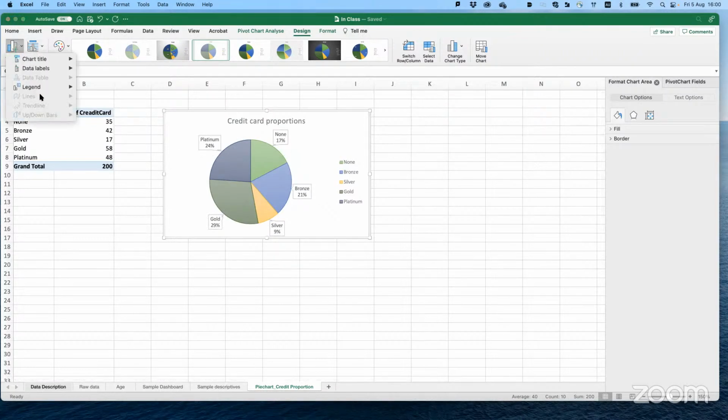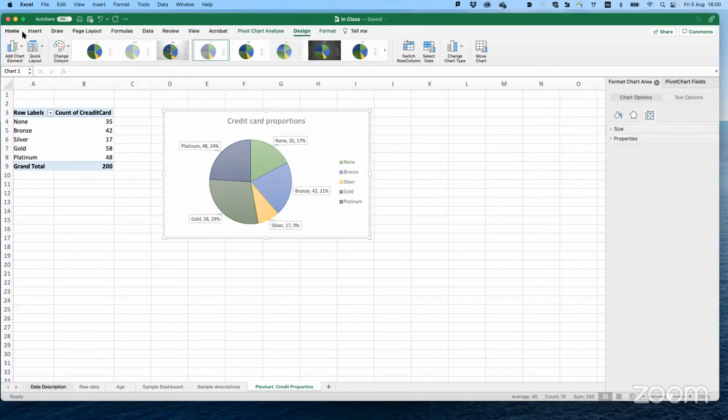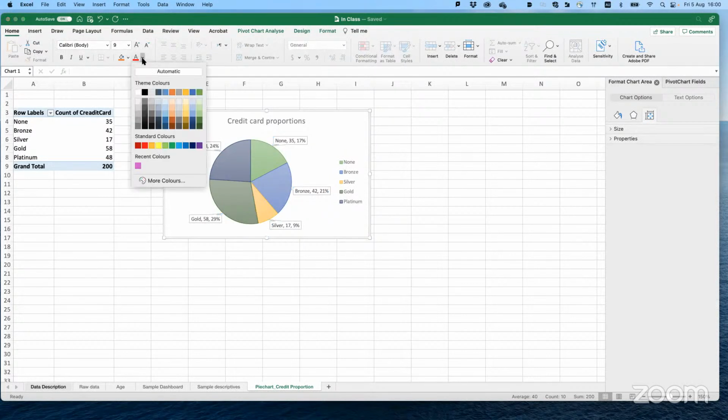Then you can go to data labels, then you say what you want to include. You want to have values, and you can have percentages. Now you have something like this. And you can change the format to the color.